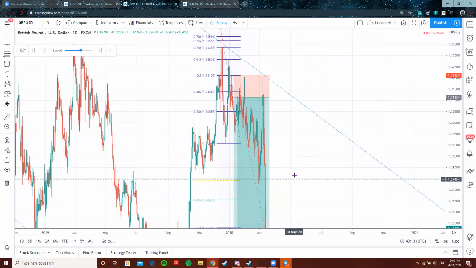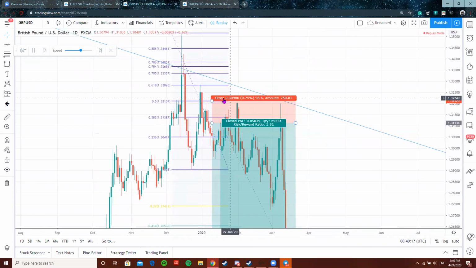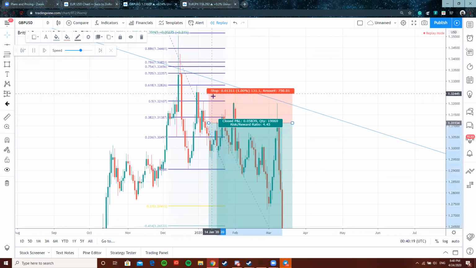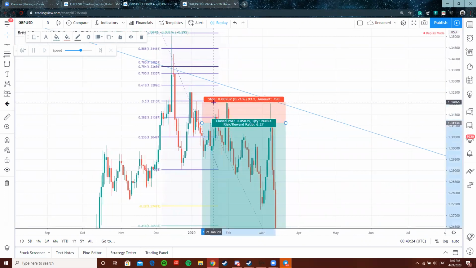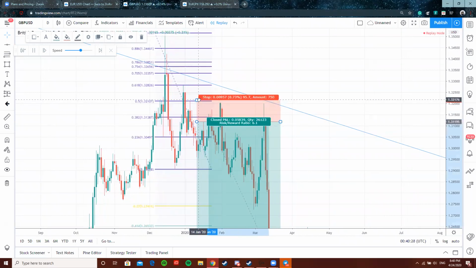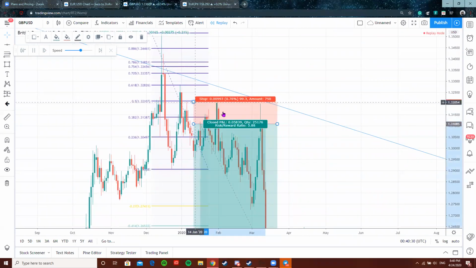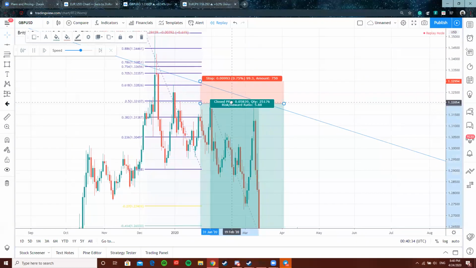But that's fine, right? Because here in this case, you would have been in all the way through. And that's kind of why you put your stop loss back here at the 50, right? Because if you would have set it right here, you would have gotten caught out. That's kind of why you keep it on structure. But that's also a good, another entry that you could have entered right here, right?